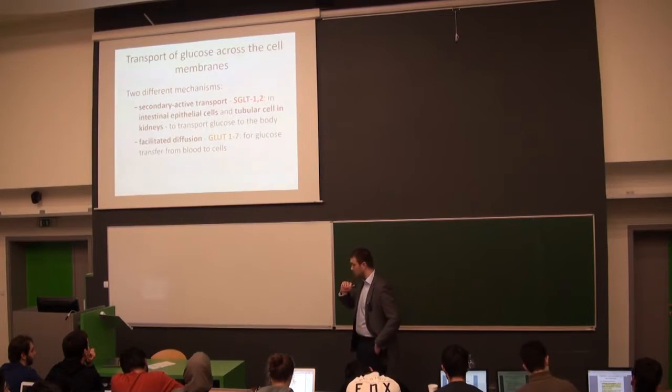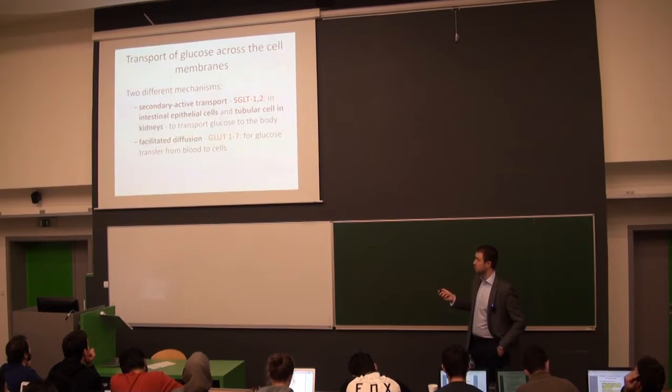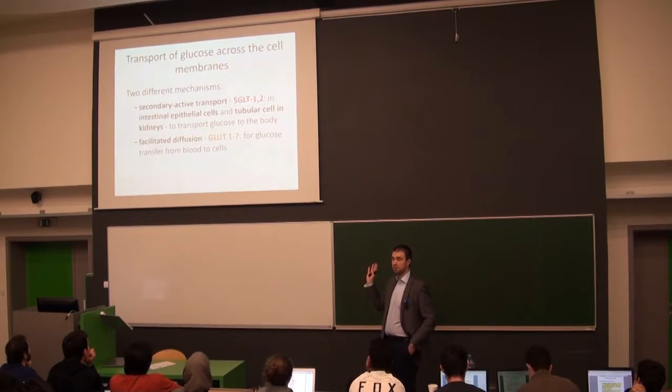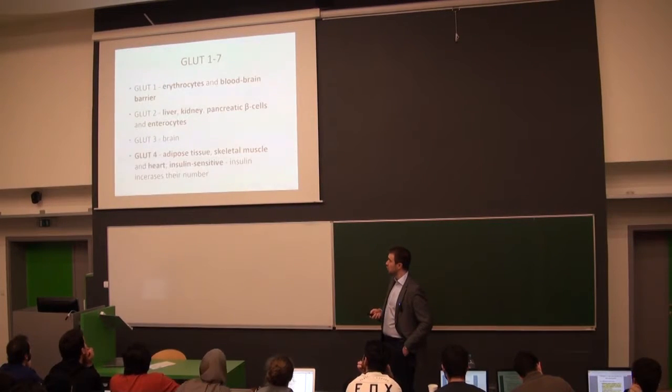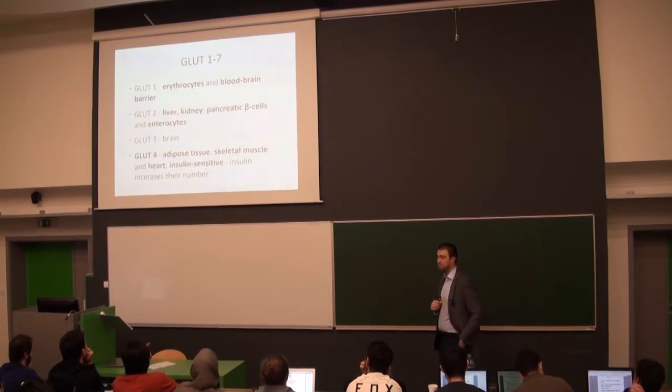Second type of these transporters for glucose are called GLUT transporters. Here we have 1 to 7, but if you look right now in the books, you will read around 1 to 9, while 1 to 13. For us, this doesn't matter, since we want you to know especially these 4 transporters.